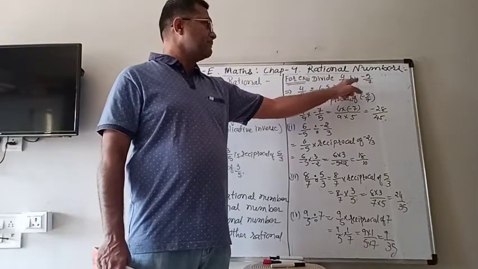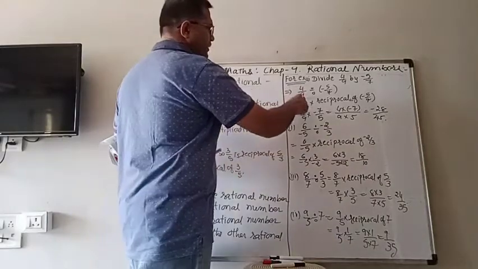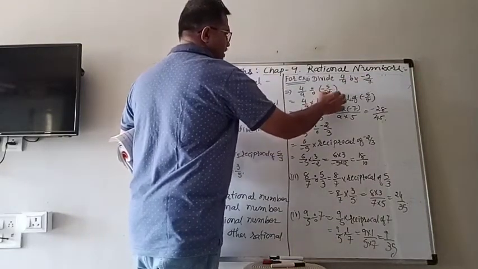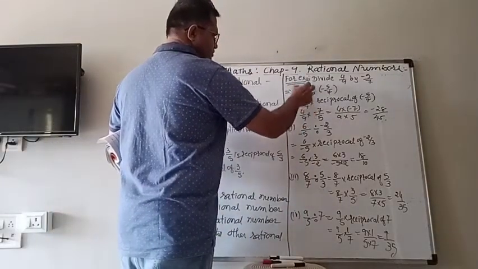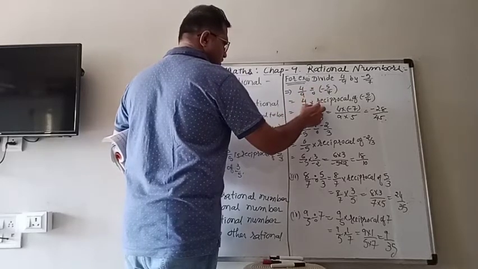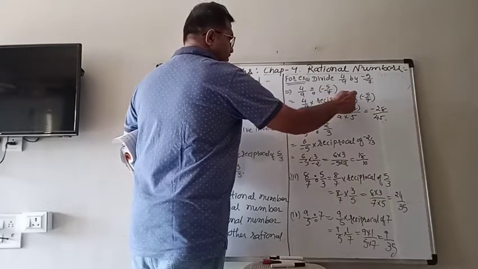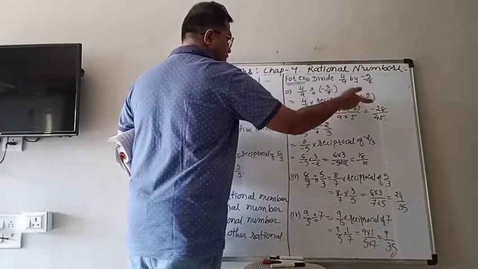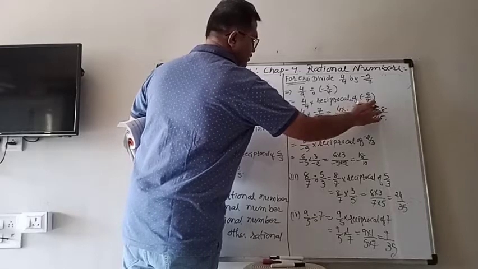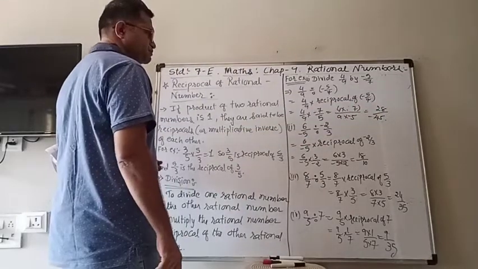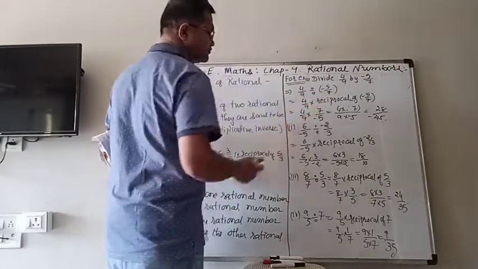Divide 4 upon 9 by minus 5 upon 7. So here we wrote down 4 upon 9 divided by minus 5 upon 7. And as we told you, the first one we will keep the same as it is, meaning 4 upon 9. In place of division, we have to write down multiplication, and in place of minus 5 upon 7, we have to write down the reciprocal of it. What is the reciprocal of it? Minus 7 upon 5, or you can put the minus sign in the denominator also. Doesn't matter, the answer will be the same. So we write down 4 upon 9 multiplied by 7 upon minus 5.